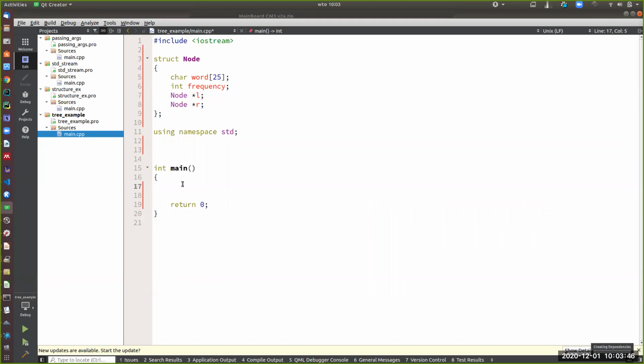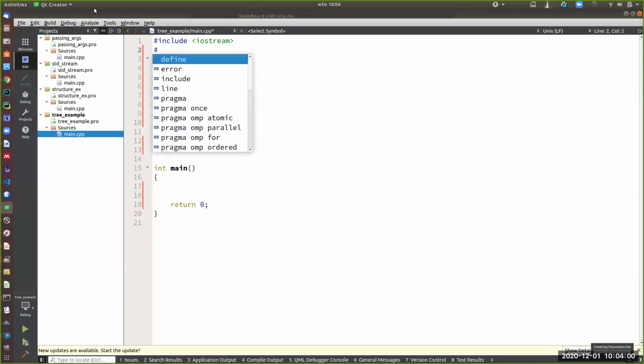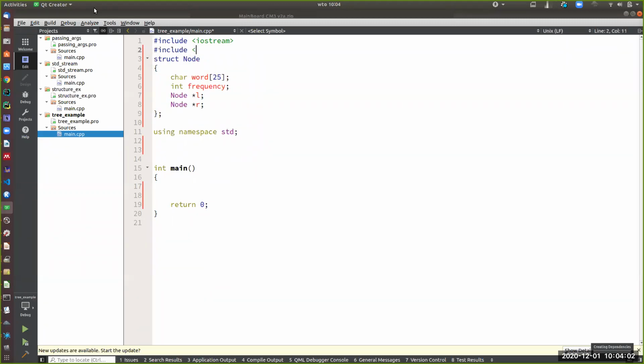So to do it, I will be talking about files later on, but now I will show you how to read this file word by word. So I use something which is called fstream. I create